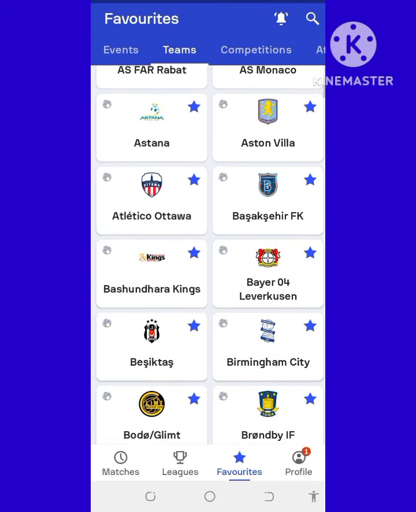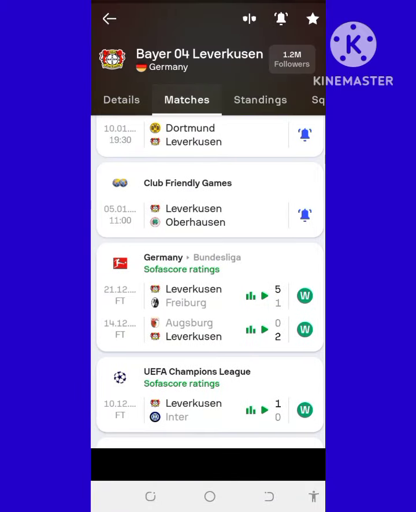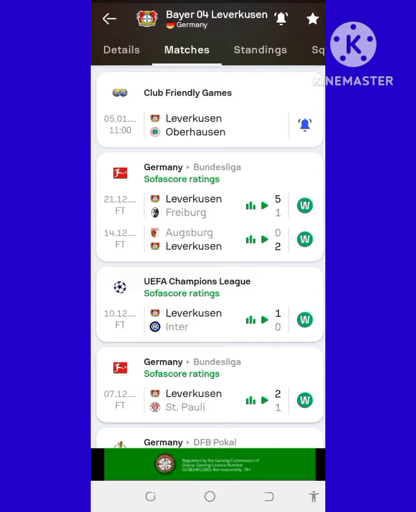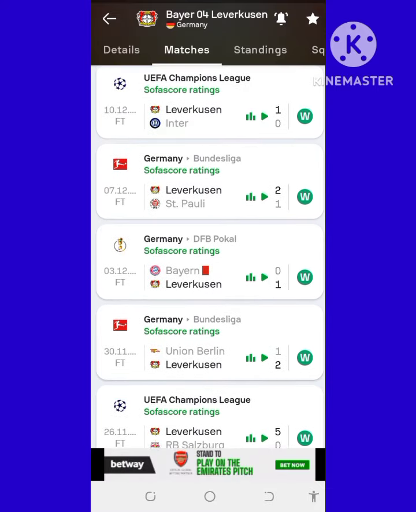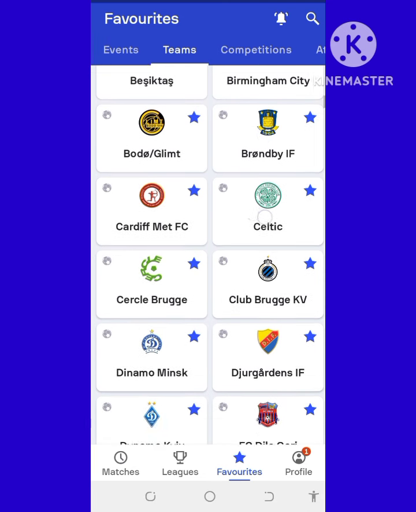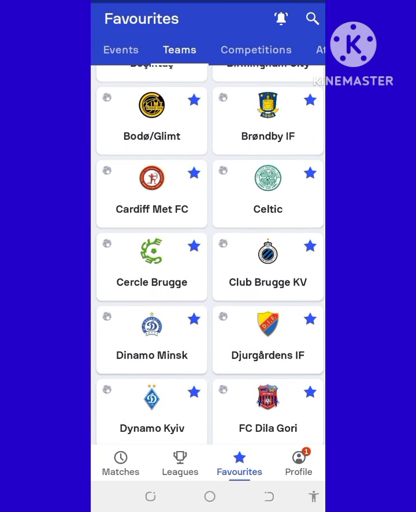Then we have a lot of teams. You have a lot of teams like Leverkusen too. They will give you goals anytime they are playing. You can give them over 0.5, either home or away, or you can go for over 1.5 for both teams. Then you are free to go. They will give you the goals. We have so many teams. I have so many teams, but one team that I like when they are